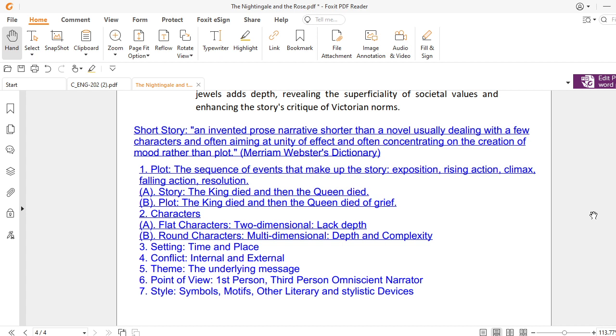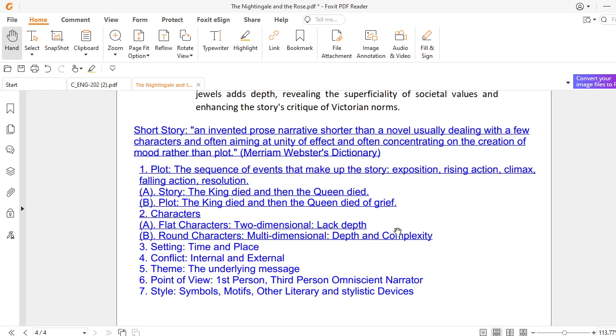But after Arthur has gone, there is an internal conflict within Norma. It means that there are two forces within Norma. One force tells her to push the button unit, and the other force tells her not to push the button. So there is an internal conflict. So conflict is very important.